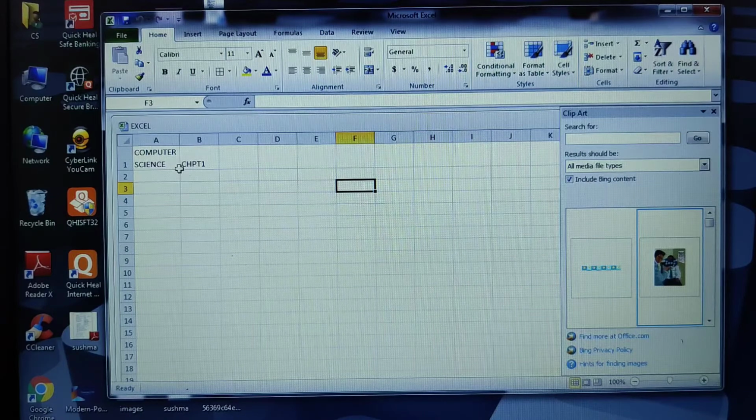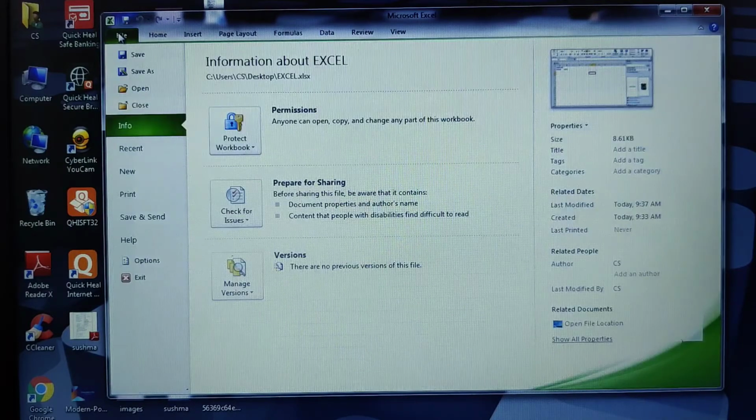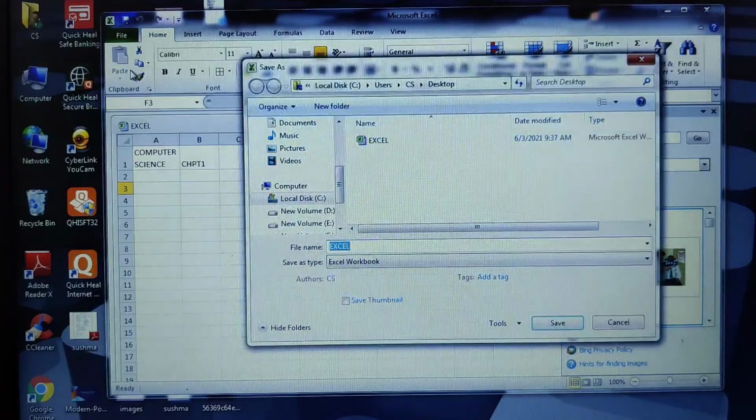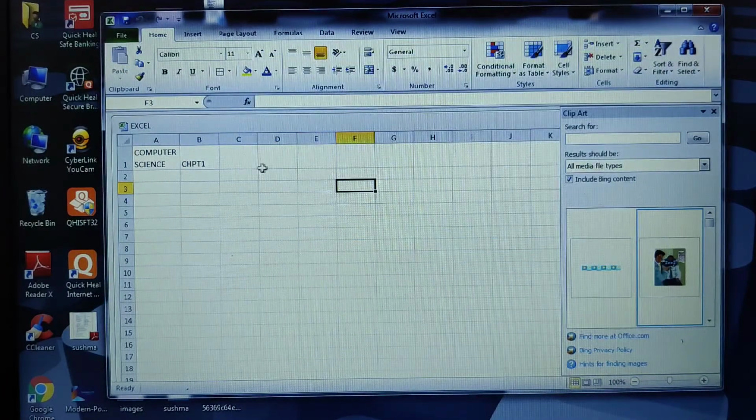Now what is the difference between Save and Save As? Save As will help you create a copy of that file, plus it also lets you choose a different location to save to. If I make some content changes here, if I type chapter 2, and then save, the shortcut key to save your file is Control plus S. If you carefully observe the status bar, when I click Control S, it will automatically save the content within the same file only.